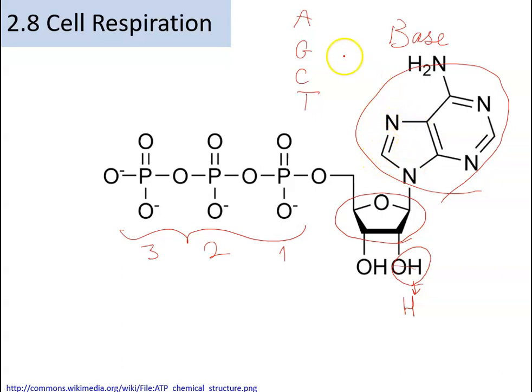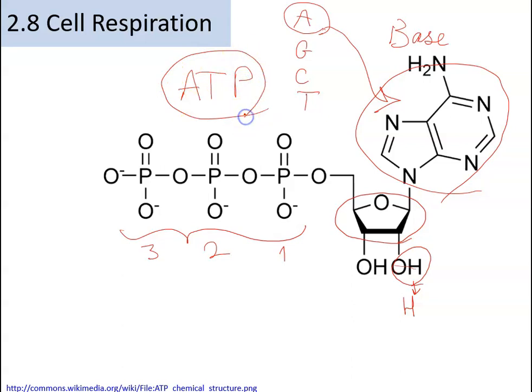The thing is, this is adenosine, and since it has the 3 phosphate groups, it is called adenosine triphosphate. Does that make sense? What reminds you of these magical 3 letters? ATP. Yes, so this is the currency of energy,